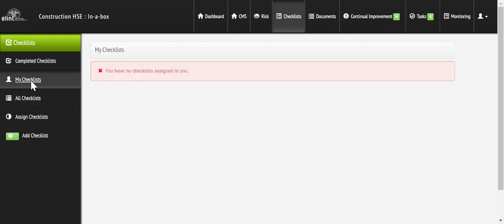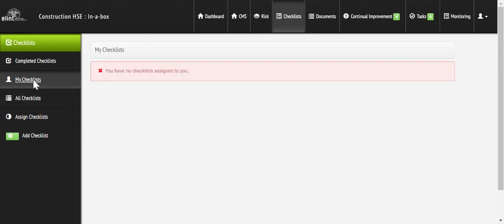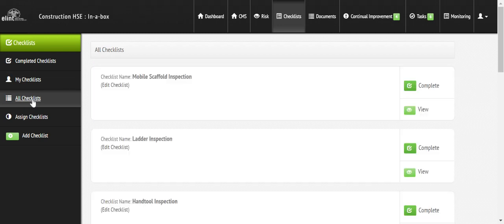This tab here, My Checklist, will show the checklist that's assigned to the person. So if we look at all checklists, you might have a multiple checklist selection for the company that's assigned to specific people. Now, if the user goes in and clicks on My Checklist, they will only see the checklist that's physically assigned to them. If we go back to all checklists, in this section, if the user is the administrator, he